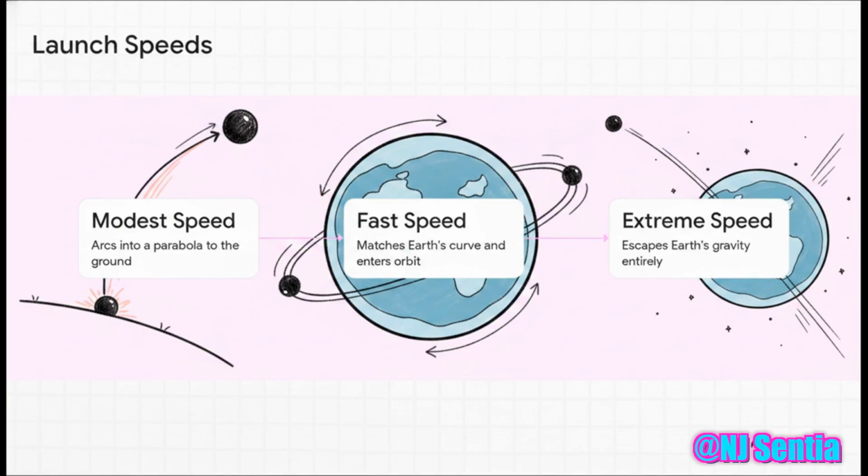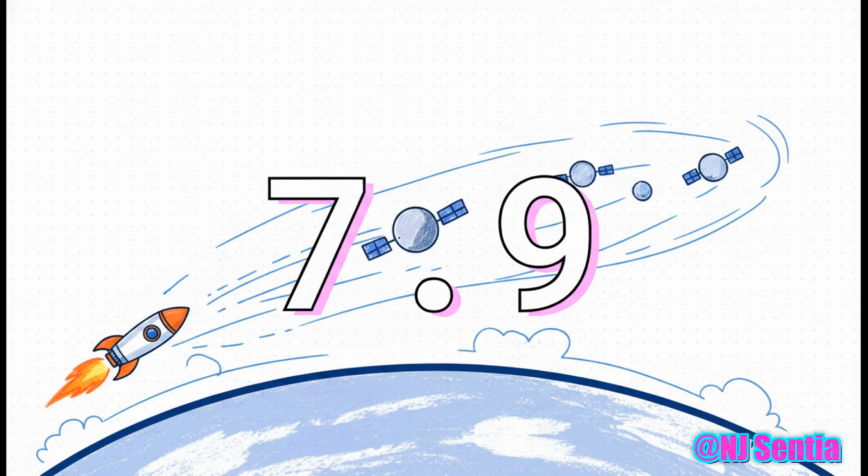So, what if you fire it so fast that the rate at which gravity pulls it downward exactly matches the rate at which the Earth's surface curves away beneath it? It would fall perpetually, forever missing the ground. It would enter an orbit. Fire it with even more extreme speed, and it overcomes gravity entirely, escaping off into deep space. That delicate, totally perfect balance happens at a very critical number, 7.9 kilometers per second. If you can launch an object at exactly that speed, purely horizontally, completely above the atmosphere, it falls at the exact same rate the Earth curves away. It simply becomes a satellite.